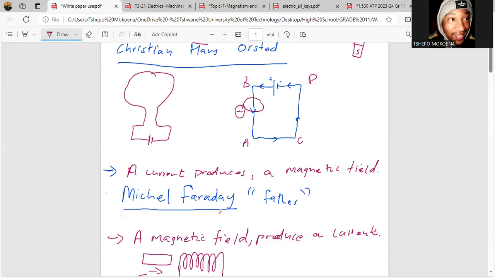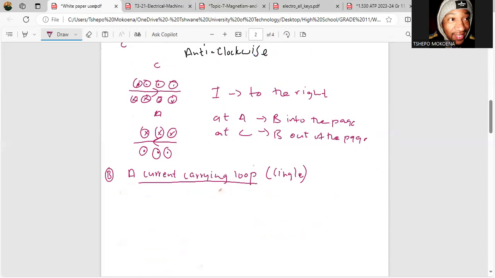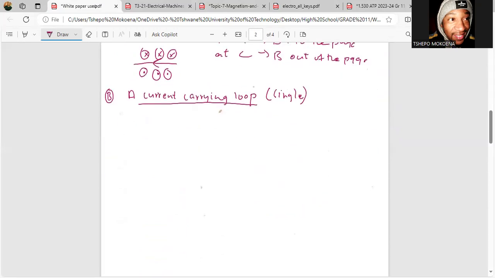So imagine if these loops are many loops, they will form a solenoid. Okay, but here we start with a single loop. That's why they say single loop. So if we have a single loop like this, my drawing is so bad. It's like I'm not doing engineering graphics. So if we have a single loop like this, okay,